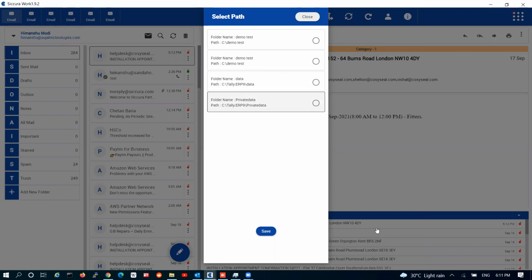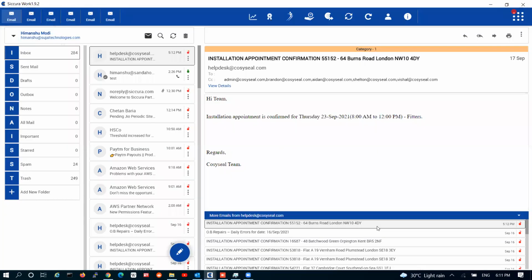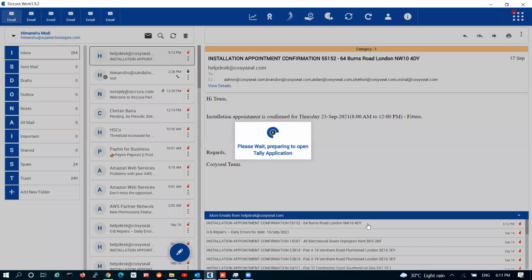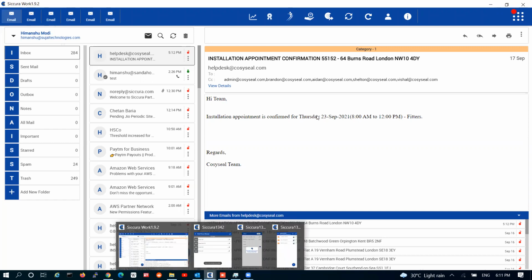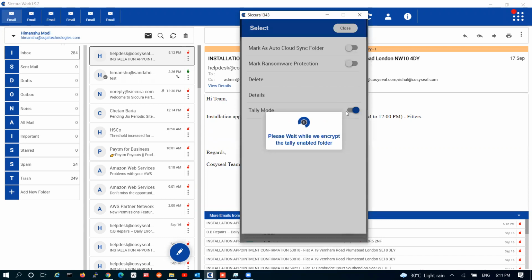I need to select that and just start. And now it will start my Tally application. Just my Tally data is getting processed. Let me finish this.